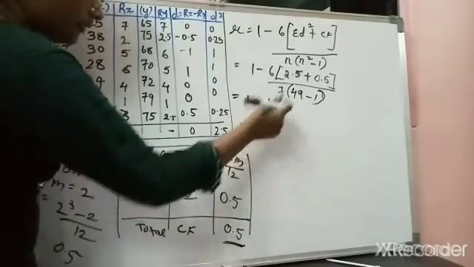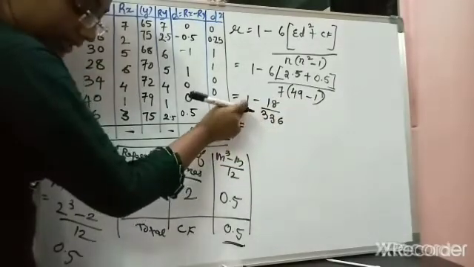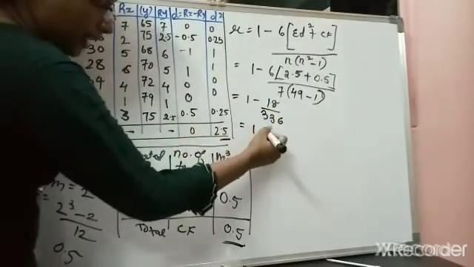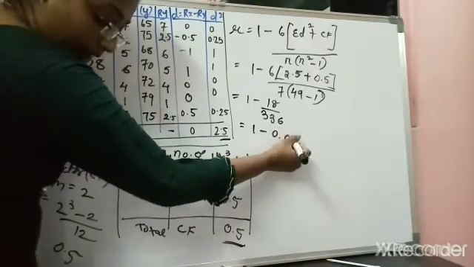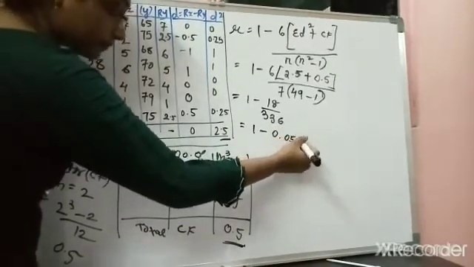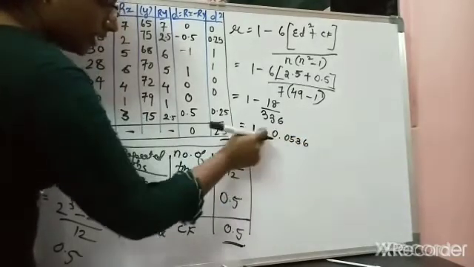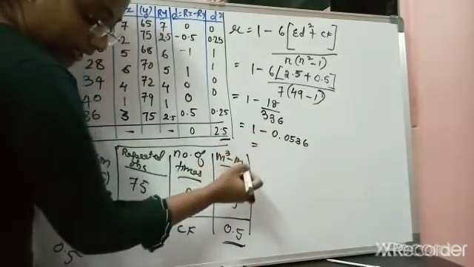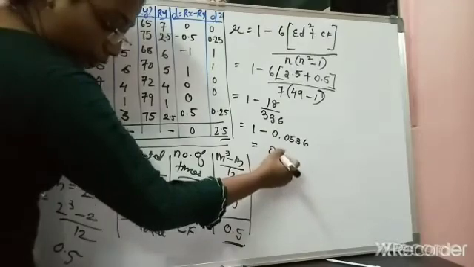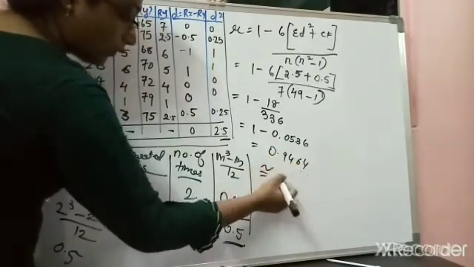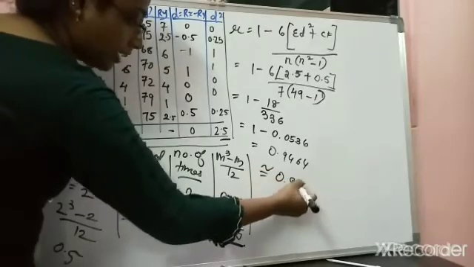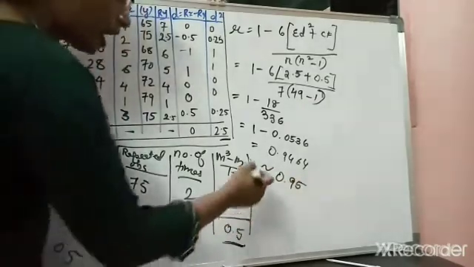Then, after dividing and then minus by 1. So, 1 minus, after dividing you will get 0.0536. Okay, then you have to deduct it from 1. Then your final answer would be 0.9464. Take the round figure, that is 0.95. Clear? So, your R is